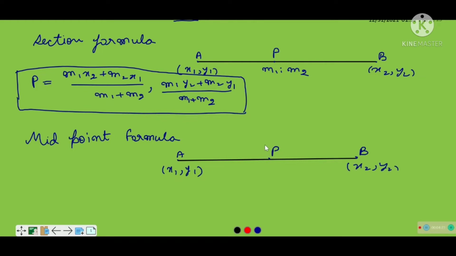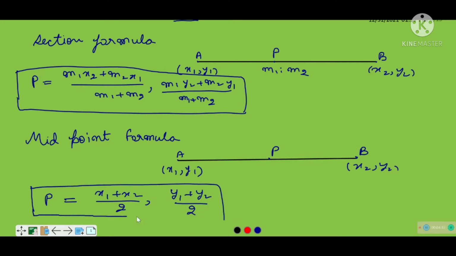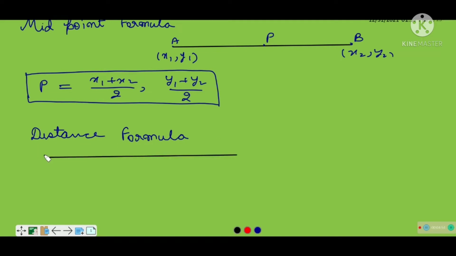And if P is the midpoint of line segment AB, then the coordinates of P are given by x1 plus x2 upon 2 and y coordinate y1 plus y2 upon 2. Distance between the points A and B whose coordinates are x1, y1 and x2, y2 is given by